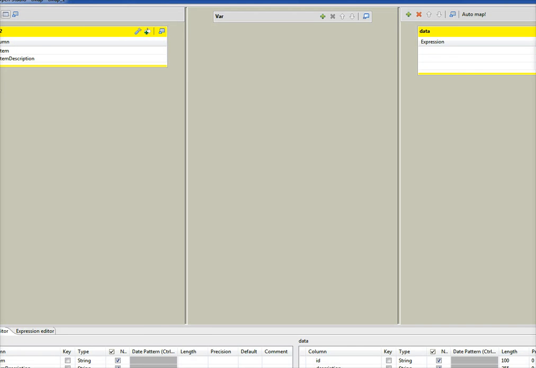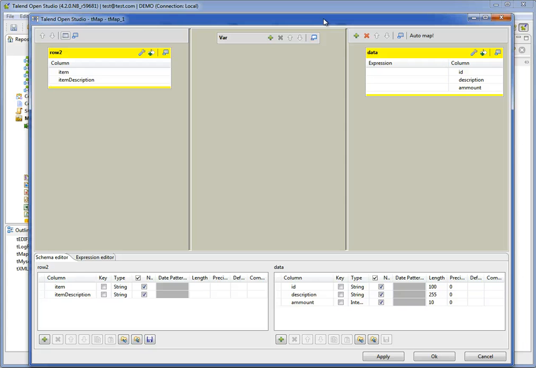Yes. And then inside our tMap component, we're just going to map the data we got from EDIFACT to the data we've got from the database. That's it. That's how